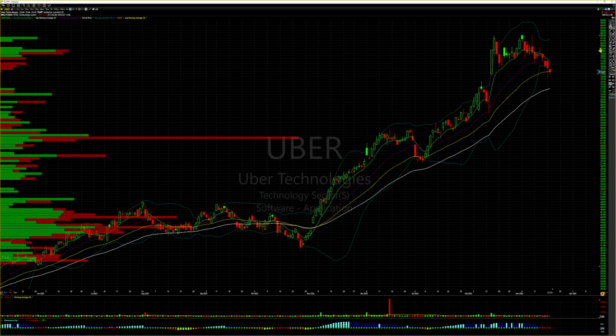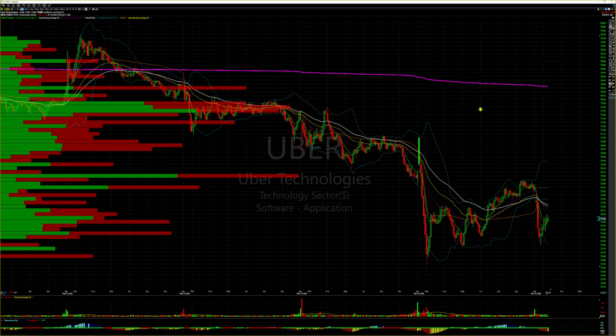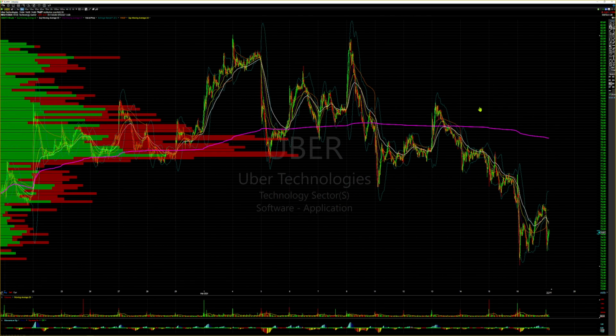And the main thing that I want to look at right now is this upper level. So I'm just going to go ahead and throw an anchored VWAP, right? Just from this breakout. Well, this was most likely earnings. I don't know that, but I would guess this is earnings causing a gap up. And then I'm going to zoom in as tight as I can on this time frame from earnings.